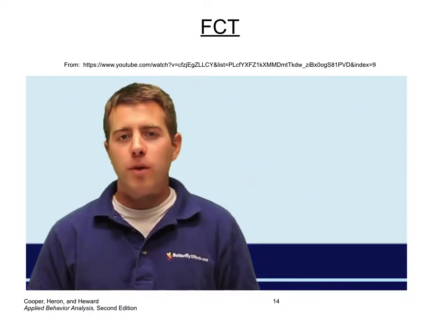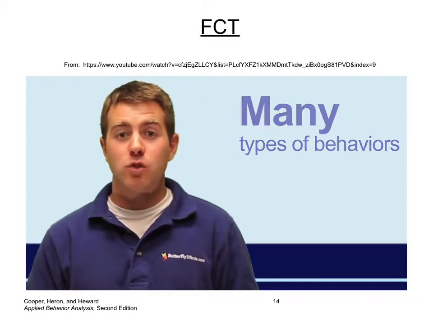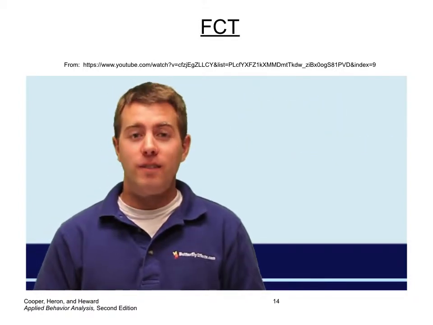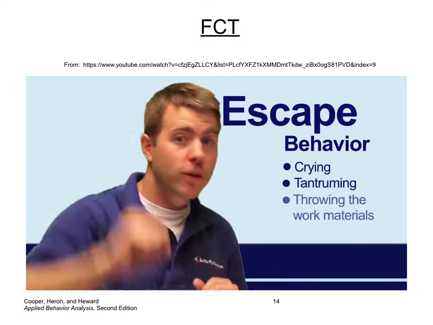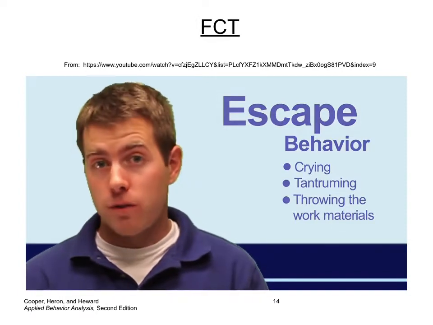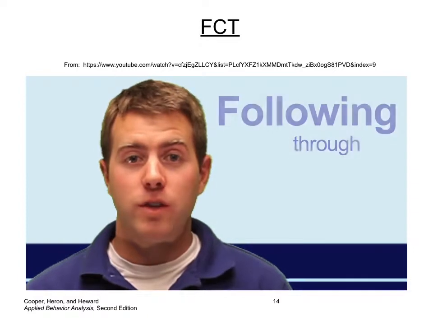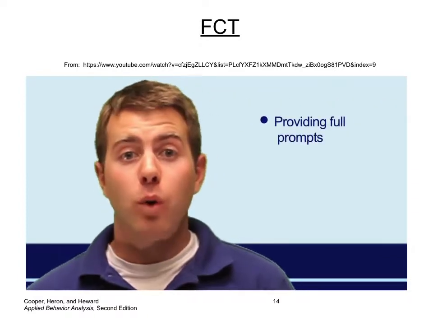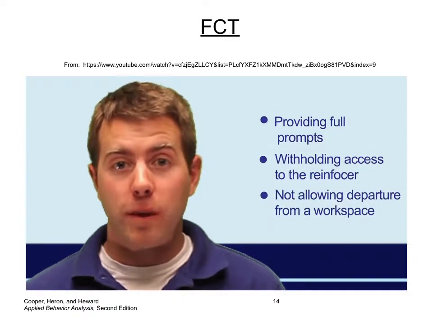It's important to remember that many different types of behaviors can surface when trying to avoid a task. Examples of the behavior can range from crying, tantruming, throwing the work materials. In order to make sure the responses do not occur in the future, we must follow through. Following through, such as providing full prompts, withholding access to the reinforcer, or not allowing departure from a workspace, are